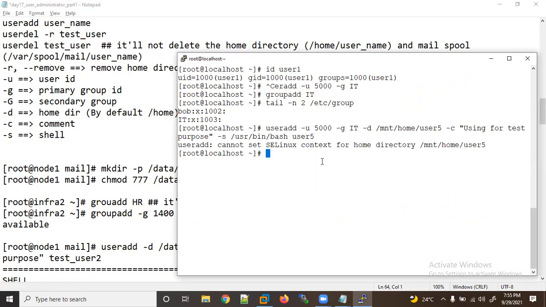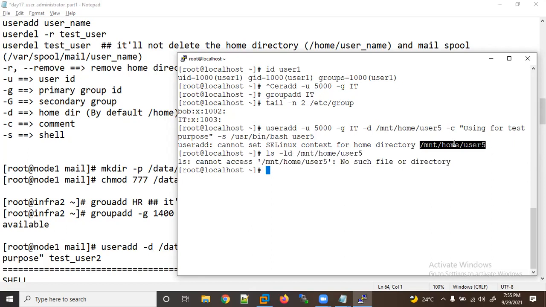Okay, so SELinux context for home directory, can't set. That's okay because there is some permission issue. That was the reason it's unable to set, because we don't have the permission set here, but it's created actually. I think the permission reason here is /mnt having 755 and inside